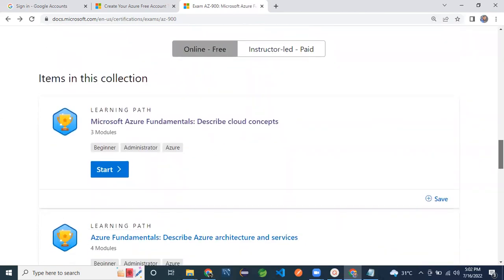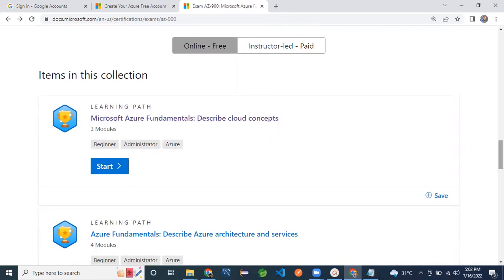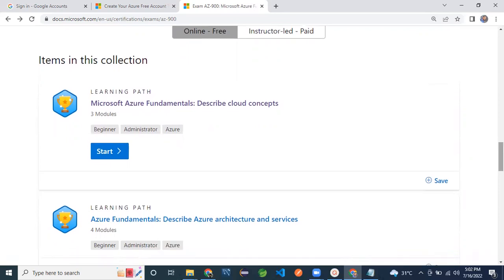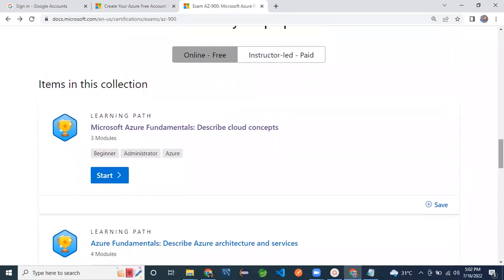If you go through these 11 modules thoroughly, then you can definitely crack the exam and get certified, and you can get maximum marks. You can get 100% marks as well.